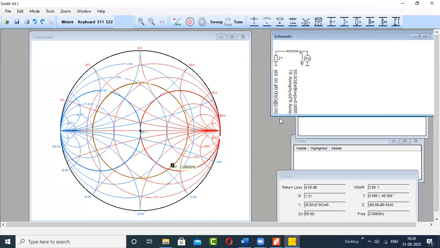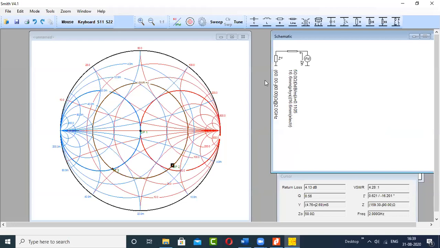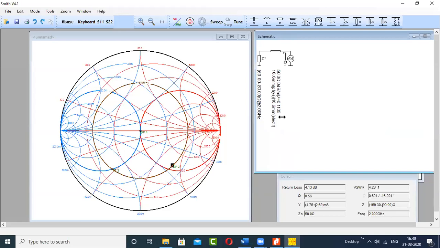So you can see that now the load is connected with one transmission line. You can set the length of this transmission line in terms of lambda; it is 0.11. How much answer did you get? Distance D. Sir, on the Smith chart, 0.11, D1. Yes sir. So check this D1. It is 0.11. This is the length of the transmission line in terms of lambda, so it is 0.11 lambda.